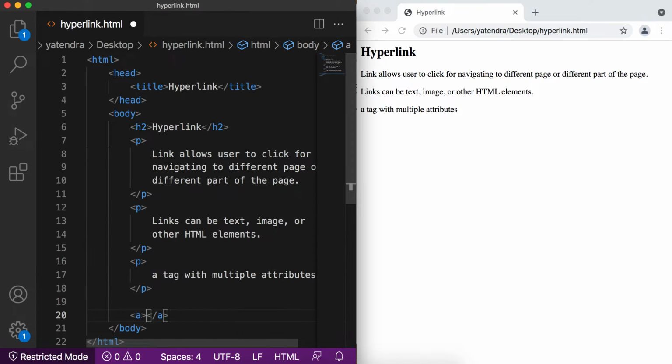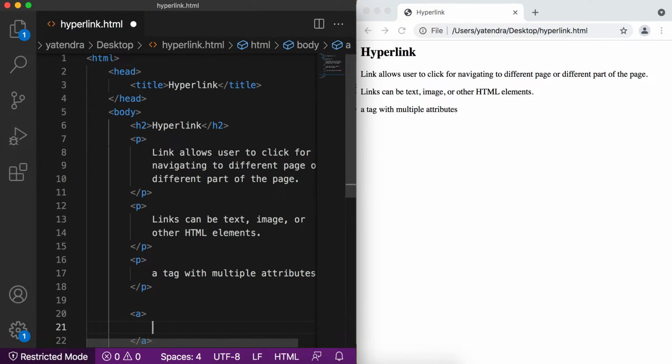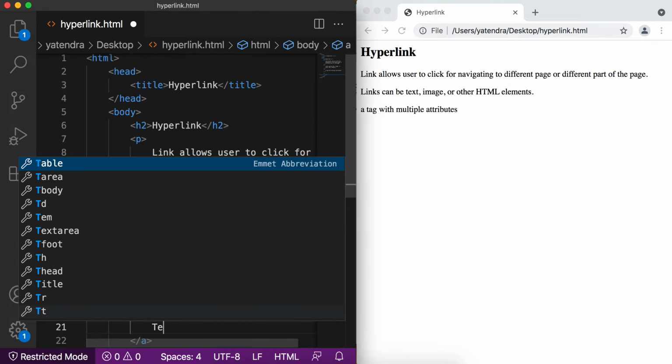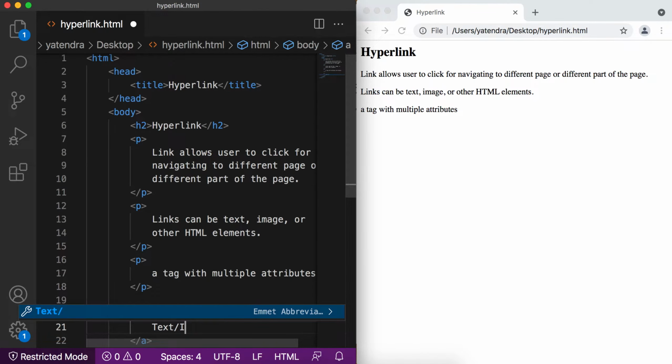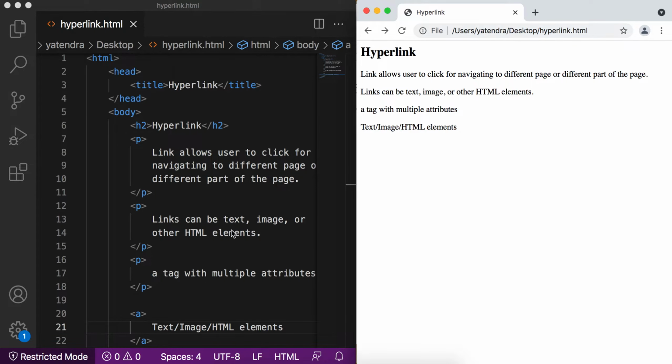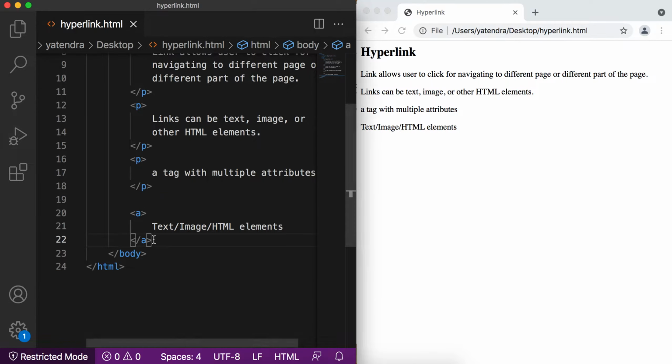This is the starting tag of the hyperlink, and this is the closing tag of the hyperlink. In between these tags we can write some text, or we can add some image, or we can add some other HTML elements. So this is the syntax of a hyperlink.